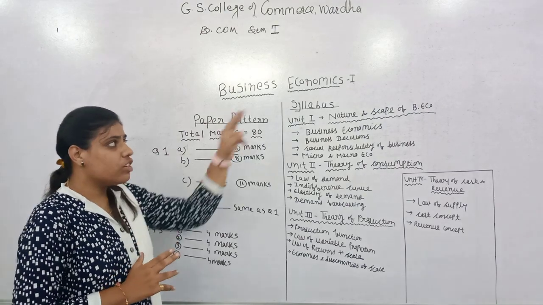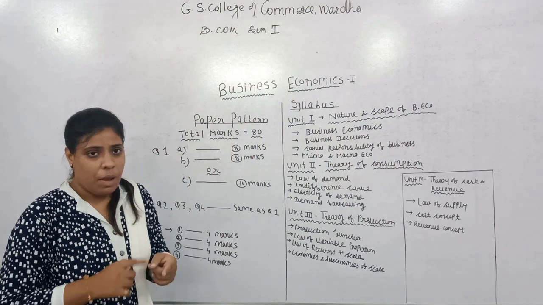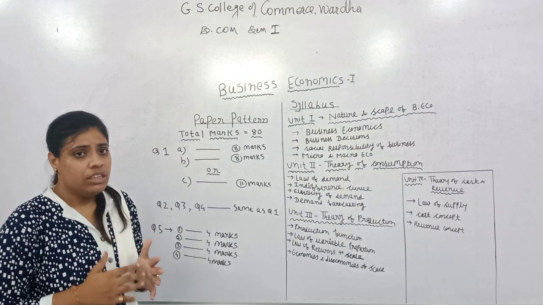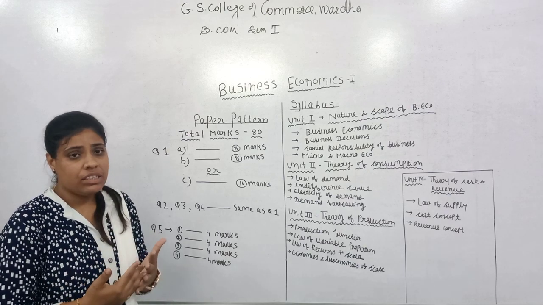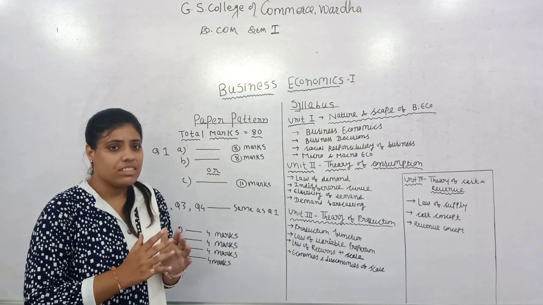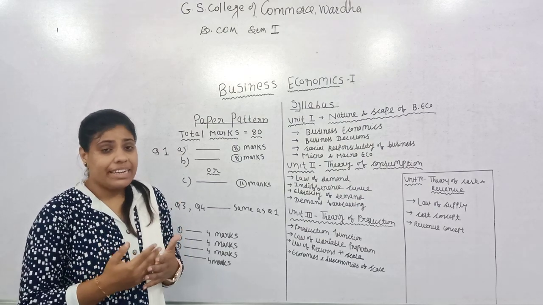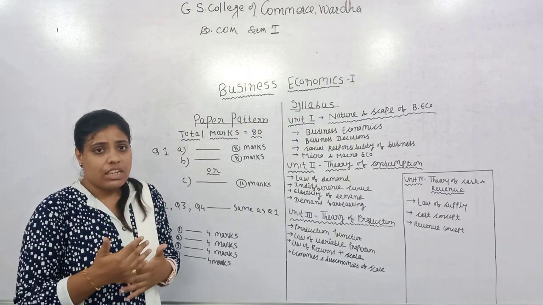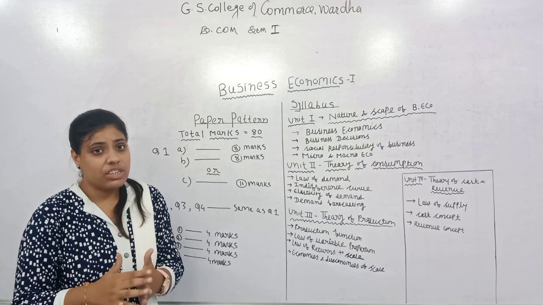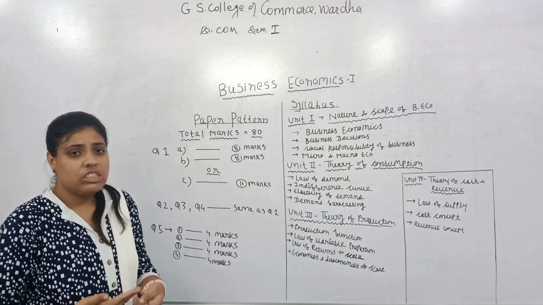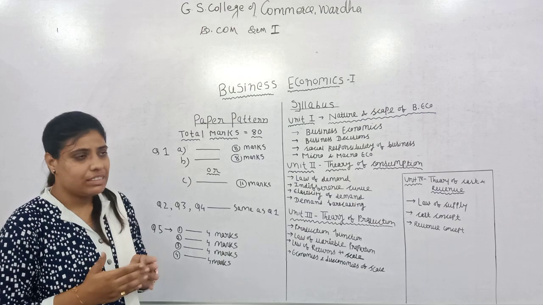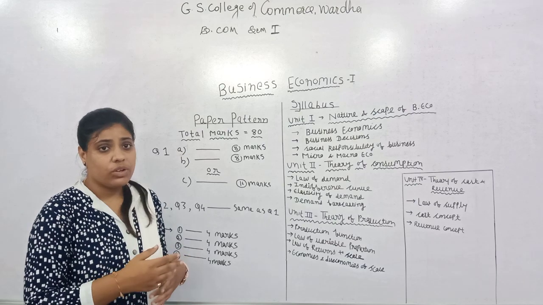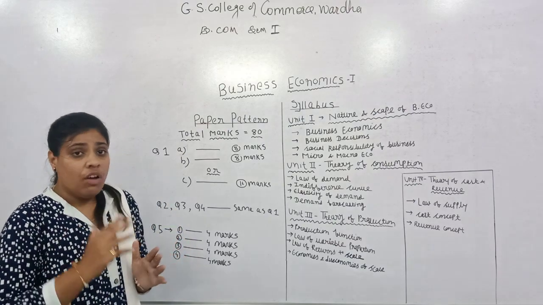When we are talking about economics, it has two major branches, microeconomics and macroeconomics. Macroeconomics is that branch of economics which deals with the economy as a whole, which deals with the aggregates, and therefore it provides the solution for those problems which persist on the national level, like the problem of unemployment, GDP, the national income, the national output, etc. But microeconomics is that branch of economics which studies